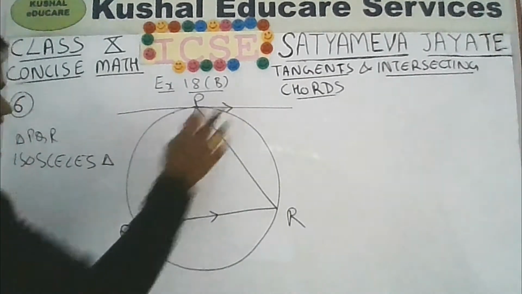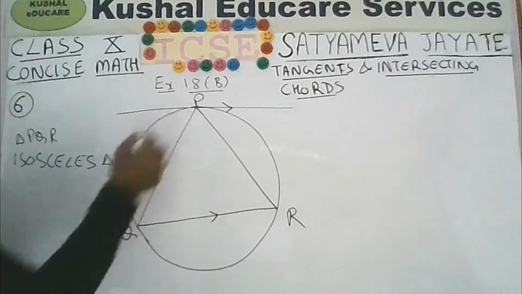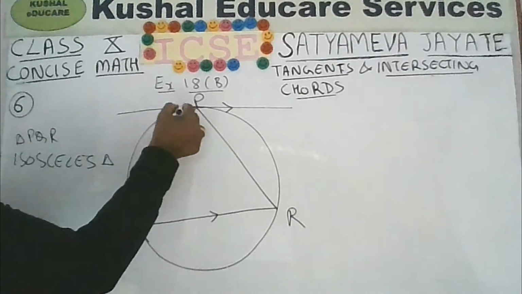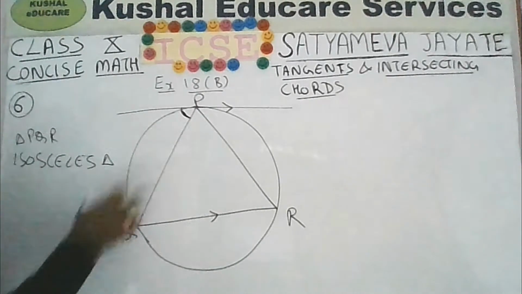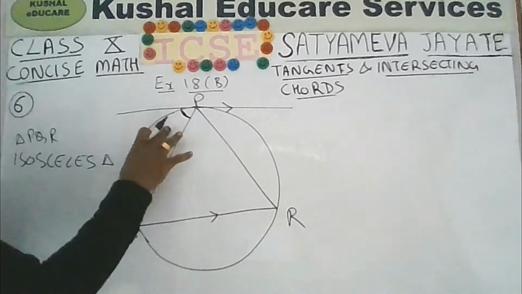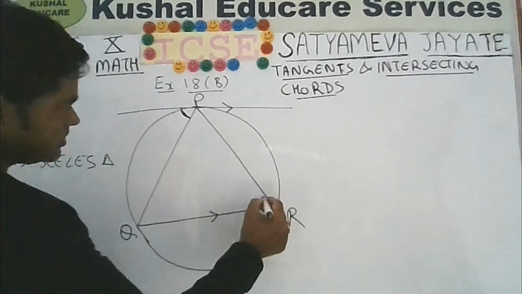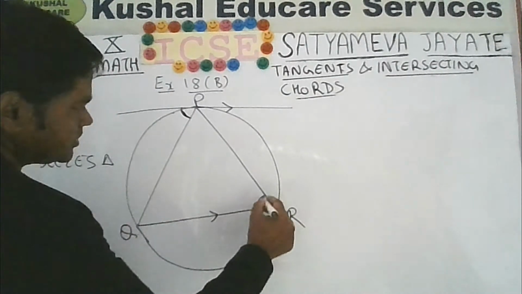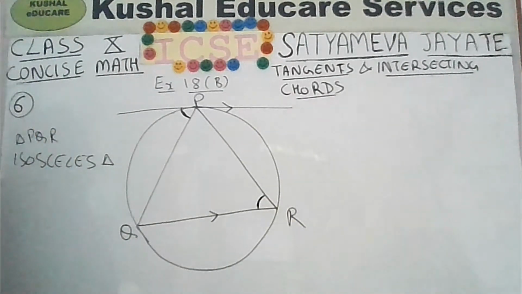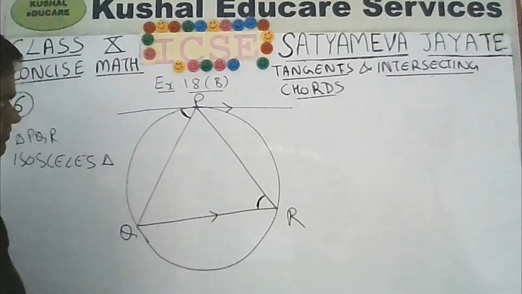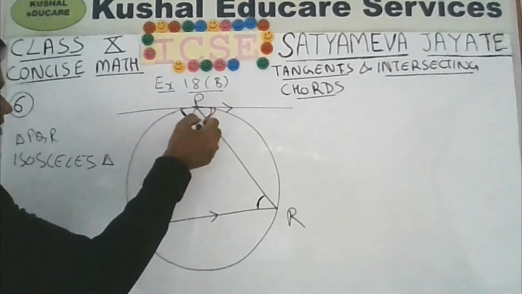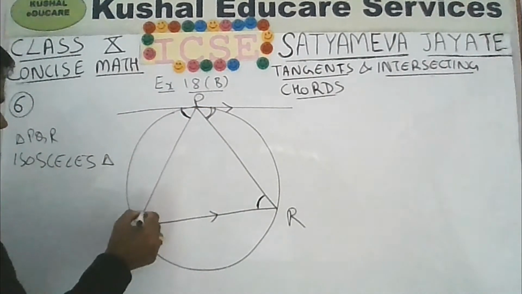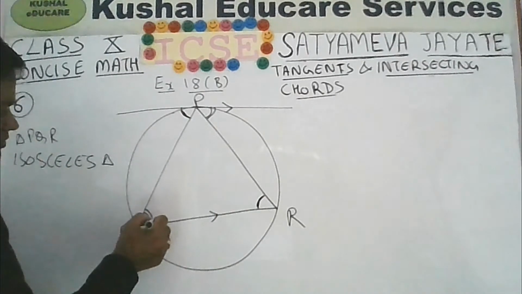You can see the tangent at point P. You are having a chord PQ. So this angle will be equal to the angle in the alternate segment. So PQ is this arc and this chord you see. So alternate it will be like this. These 2 angles will be equal. Okay. And similarly you can see that this angle here will be equal to the angle in the alternate segment here. These 2 angles will be equal.